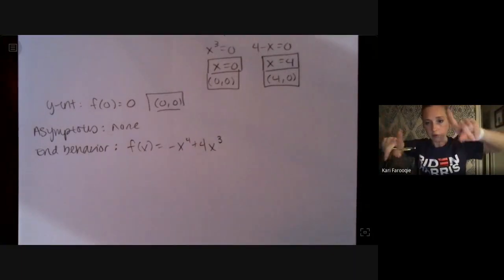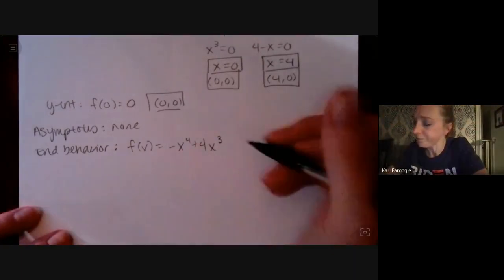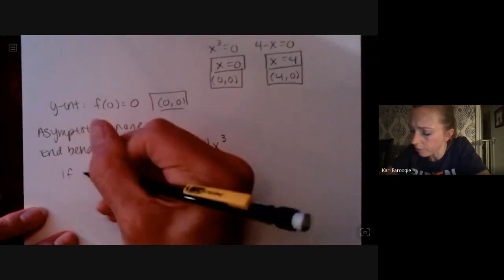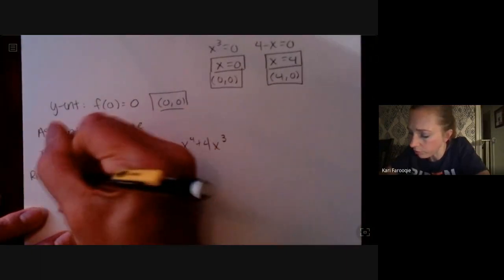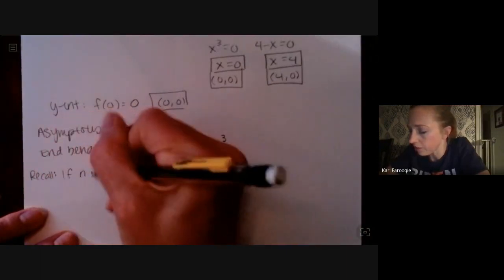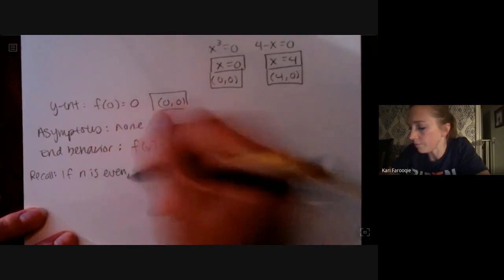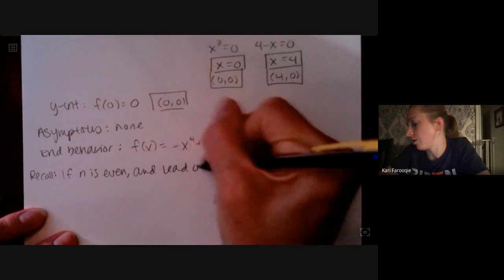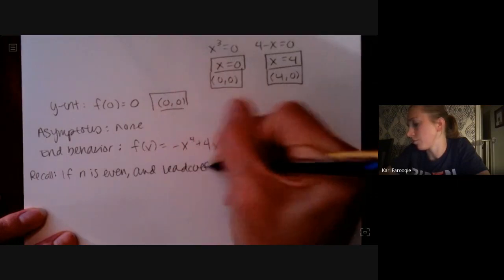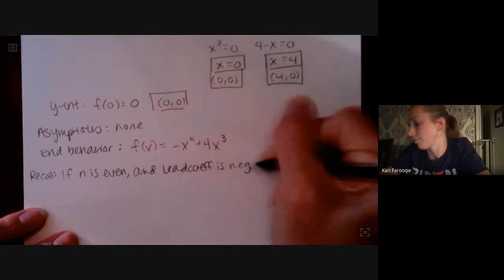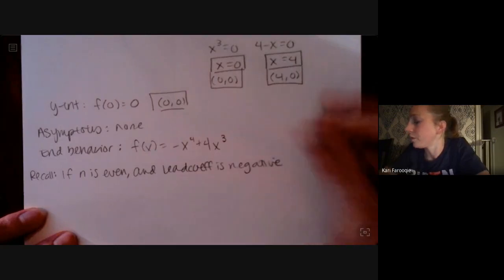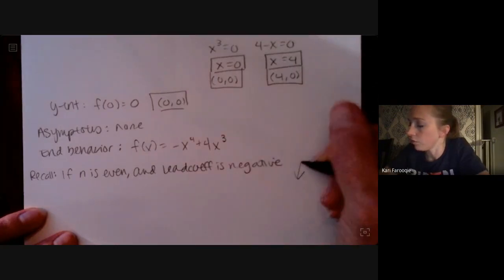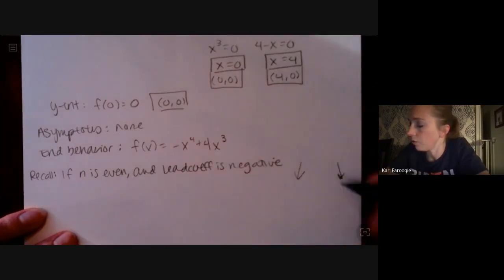If it was positive, they were both going up. So recall, if n is even and the lead coefficient is negative,